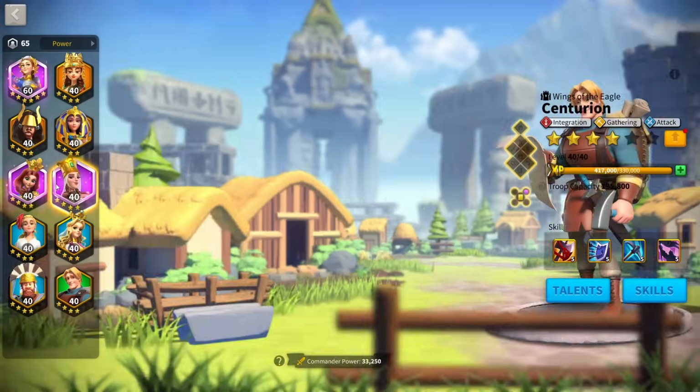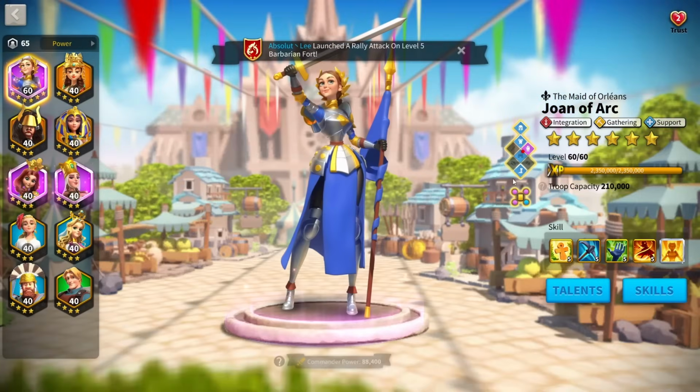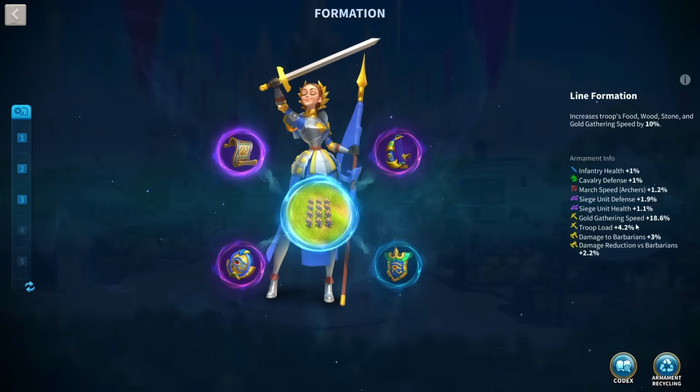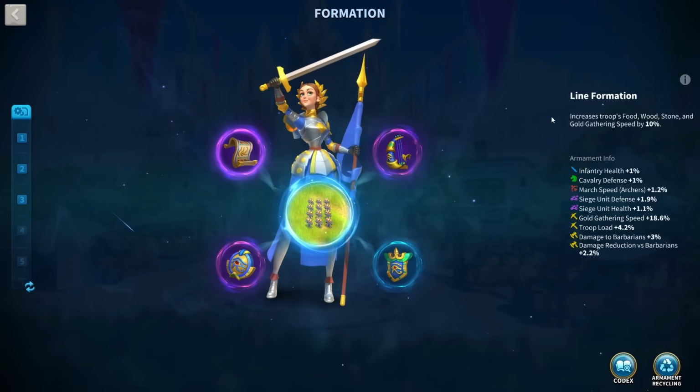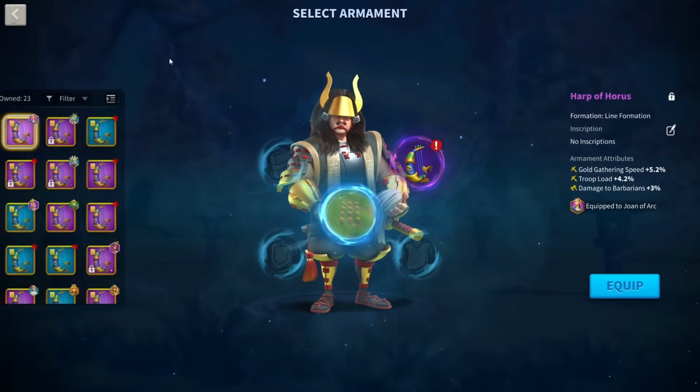I'm pretty sure all my gathering commanders are currently running it. And then as you go, whenever you're doing your travels, maybe you get a gathering armament, just save it and put it on your commanders. It's free amounts of gathering speed, and in the late game, that's definitely going to be a nice thing to have. Literally, free stats for some action points is a big thing,